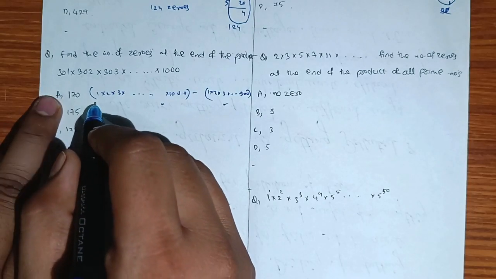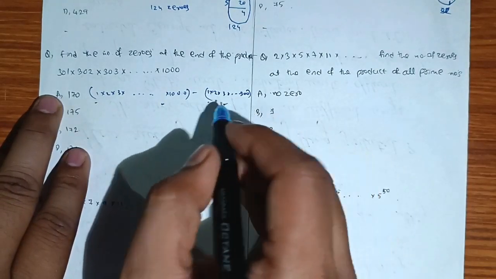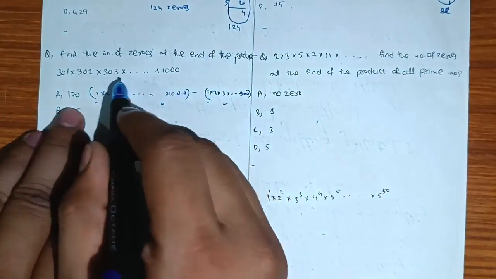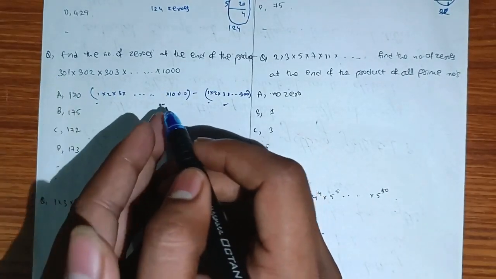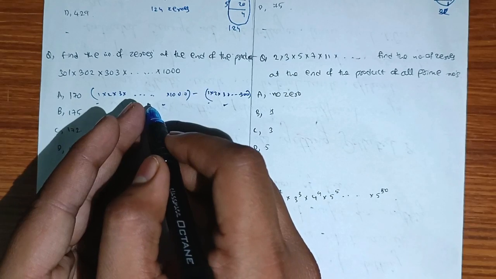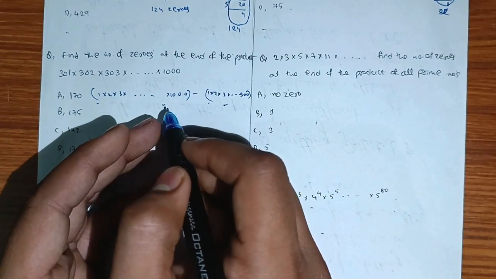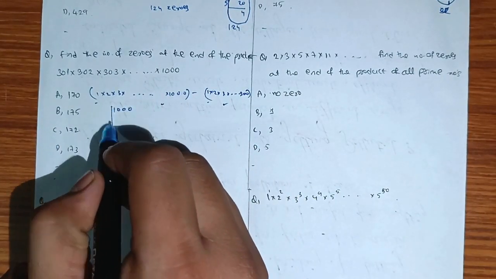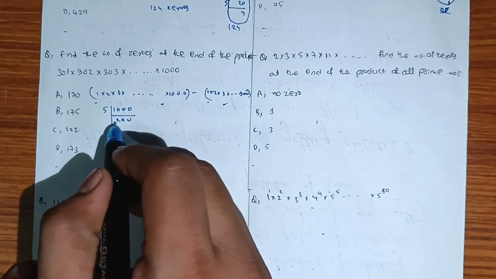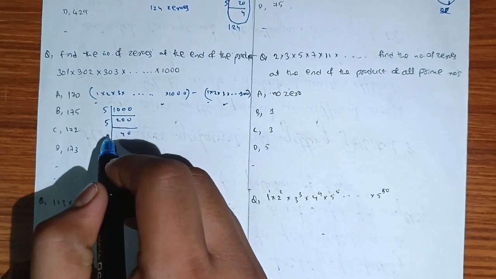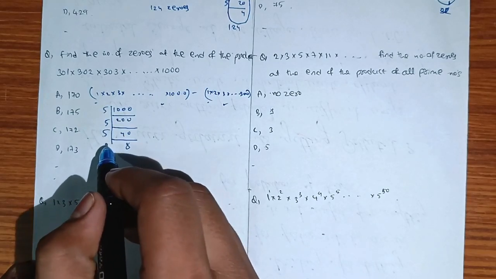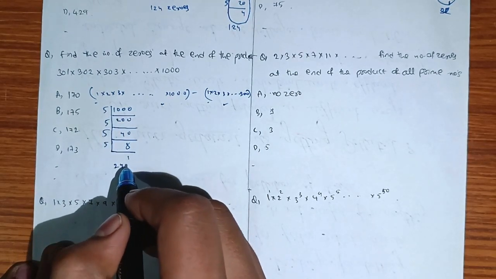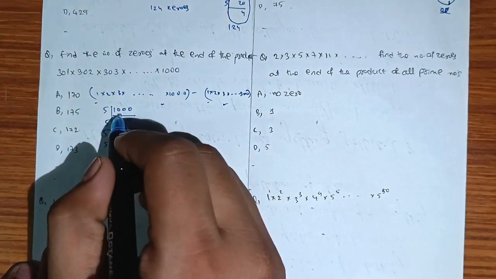So we have the trick from 1 only, so I am taking it like this. If you do 1 cross 2 cross 3 up to 1000 minus this one, it is equal to this one. Up to 300 the values get cancelled, and from 301 to 1000 the values are left. Now for 1000, the number of 5s: when we divide by 5 it is 200, again by 5 it is 40, again by 5 it is 8, and again by 5 it is 1. If we add all this, 200 plus 40 plus 8 plus 1 is